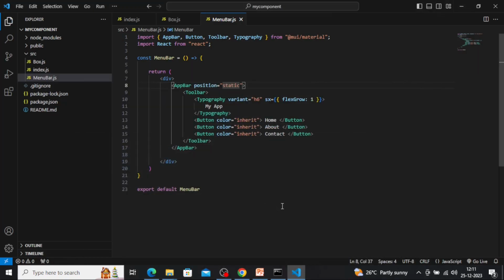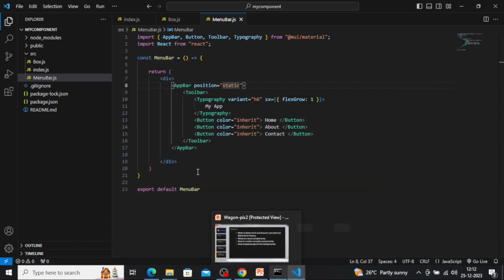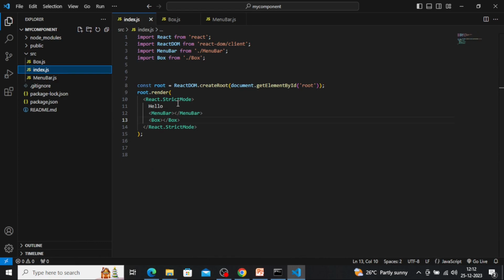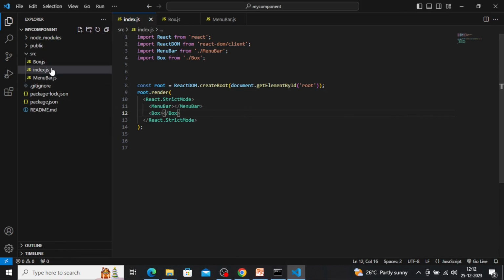Okay, so the issue was that I didn't define this as static, so this makes the menu bar which we have defined fixed on the top, like over here. So we will go back to the index folder. We'll remove this hello dummy content. We can see that the box content is getting reflected over here, and now we'll go back to our box